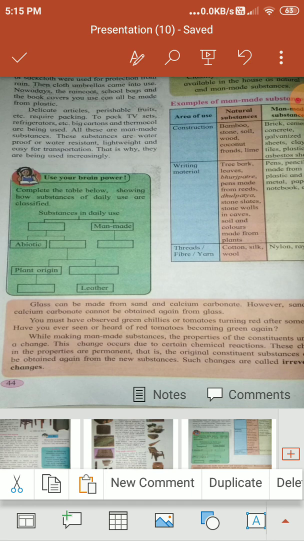The properties of constituents of natural substances undergo permanent, irreversible changes due to chemical reaction. The original substances cannot be obtained again from these new substances. On page number 44, examples of man-made substances are given, and also you have been given